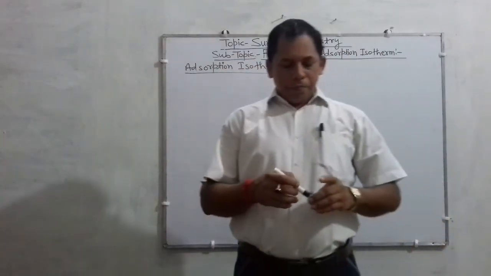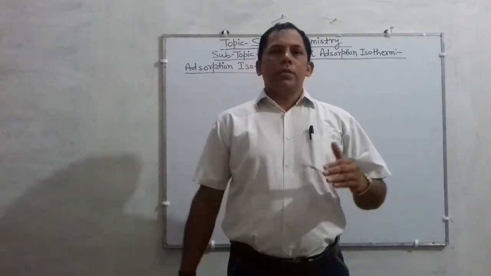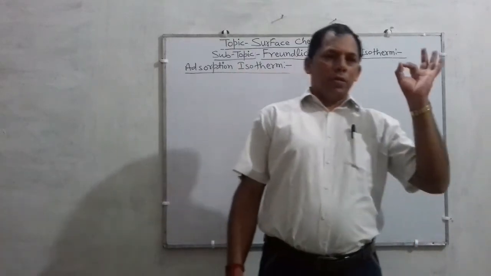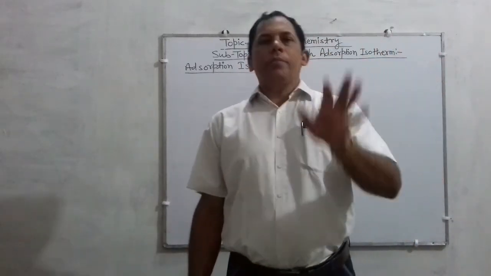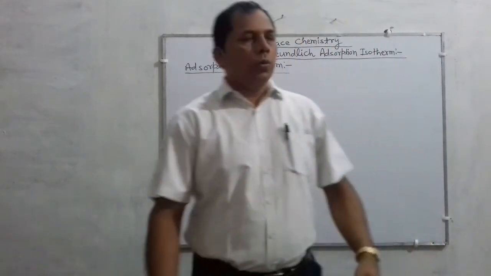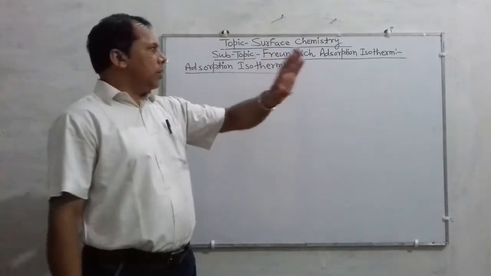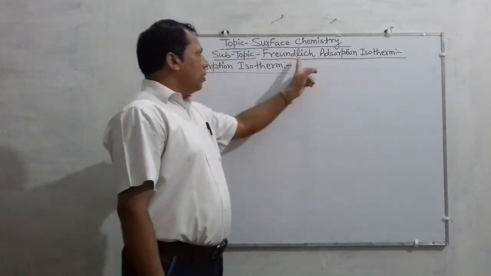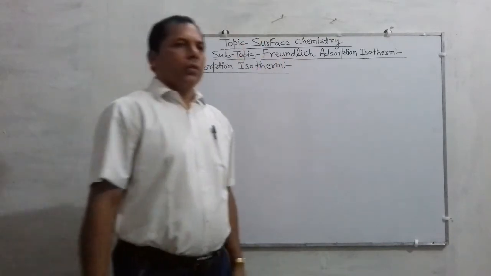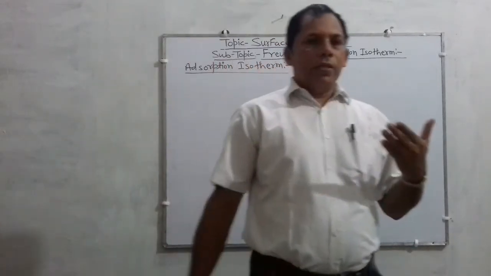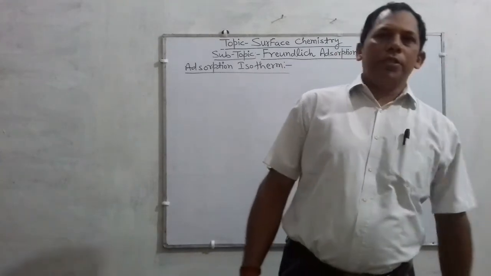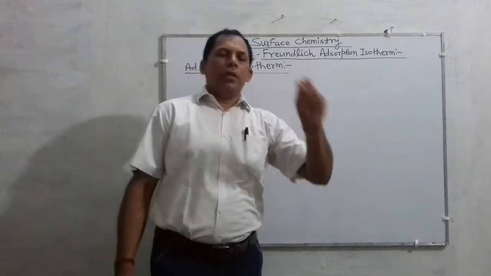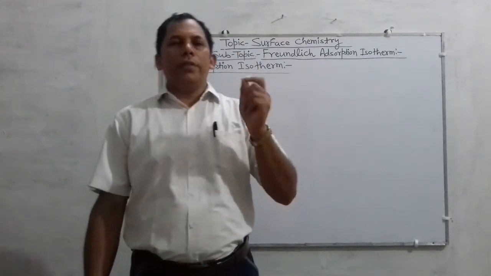You have studied in the previous lecture about adsorption and absorption, and the differences between the two, and on the basis of that the point is here: adsorption isotherm, also known as Freundlich adsorption isotherm, as given by Freundlich. So first know adsorption isotherm. Then what is it? Listen,